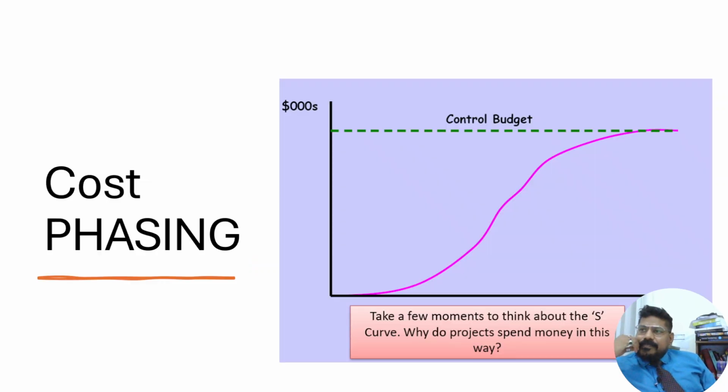All right, cost phasing. If you see, take a moment to reflect. If you see this purple graph, it would look like S shape, hence it is known as S curve. So let's, here if you see, when you start a project, here it is,